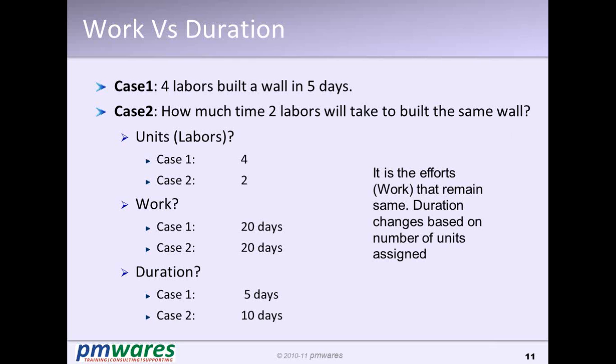So when the team is not in my control, when I am working like a client, there is a client, there is a vendor. So normally who manages the resources? Vendor manages the resources, client manages the vendor. So client is more bothered about duration, vendor is bothered about efforts. So if you are in the role of vendor, you bother about efforts. If you are in the role of client, you bother about duration.